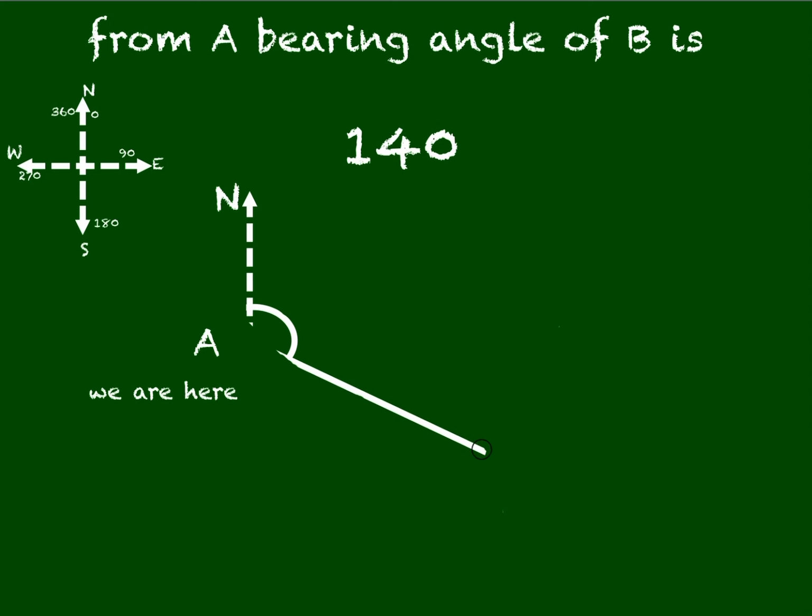I don't know how far the ship B is from A, but I know it is on this way. So it is 140 degrees, this part, and this part is going to be automatically 40 degrees. Okay, but it is not the bearing angle. This is the bearing